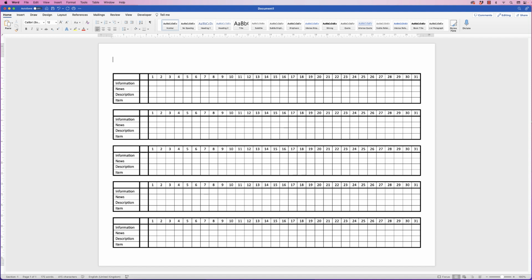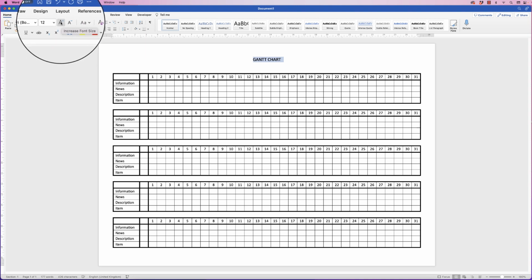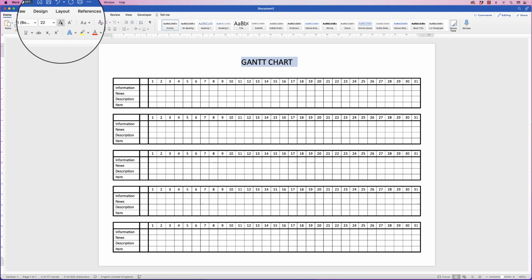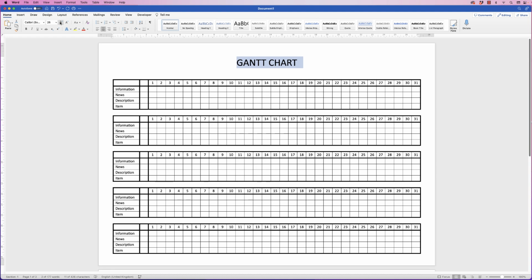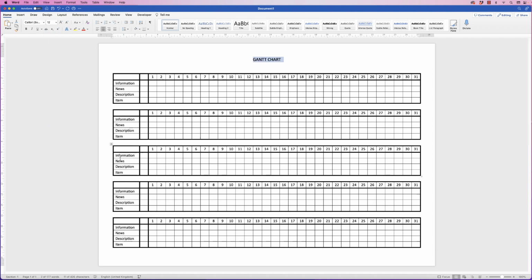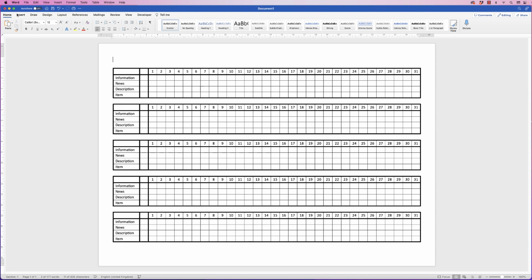I want to put a title in the top here, so I'm going to go to center text. There we go, select my text, increase the size using the increase font size tool. Now what you will find with this is if you increase your font size so much that it expands the space on the page, you can see once again I've added another page, which can be really annoying. So I'm going to reduce this font size down to its original 12. You can see my second page is gone,